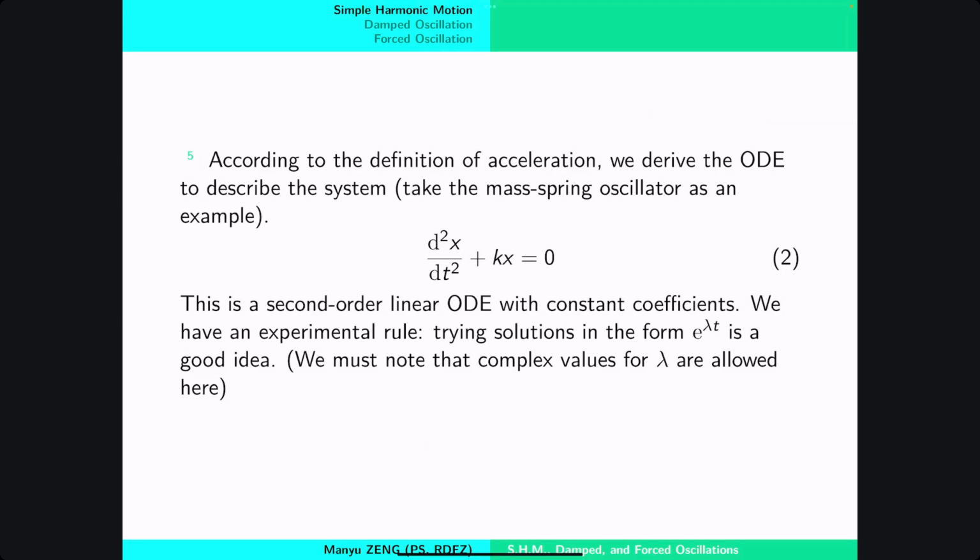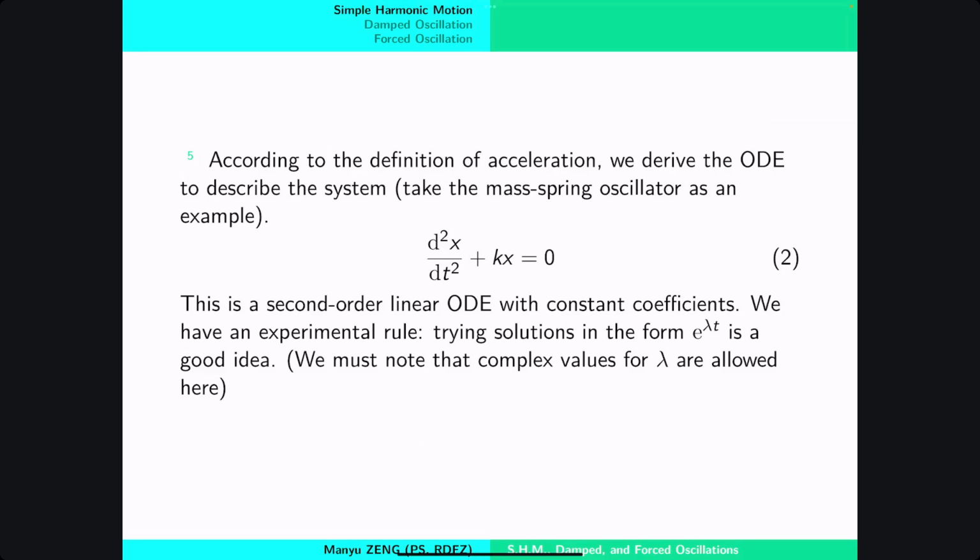The first term, d squared x over dt squared. I think you know how to differentiate functions. This solution is a function, right? So if you differentiate it twice, you get two lambdas multiplied in the front. So there's lambda squared e to the power of lambda t, plus k times, just substitute the solution inside,